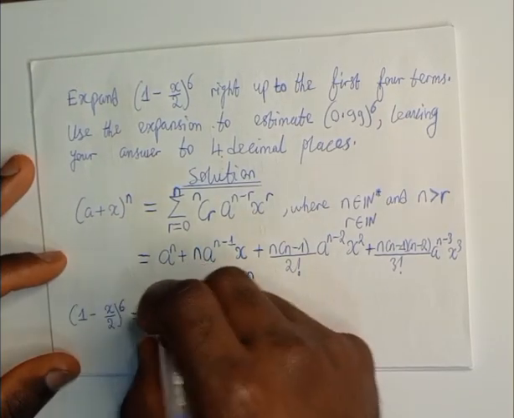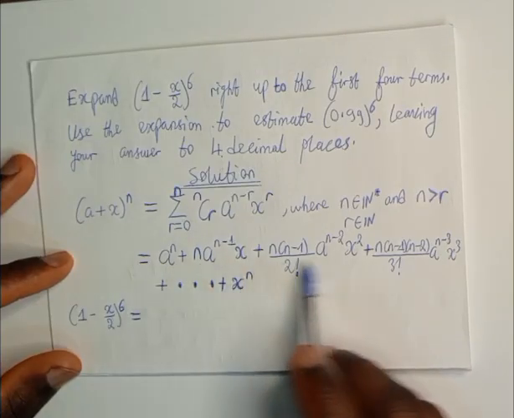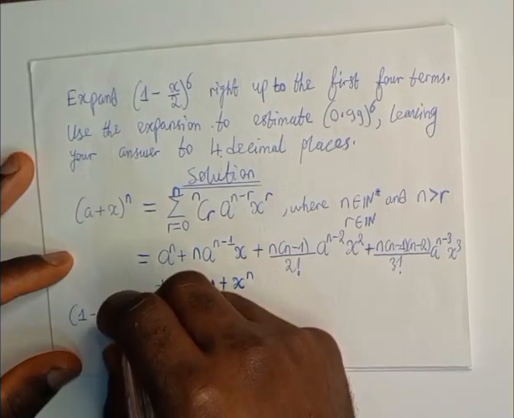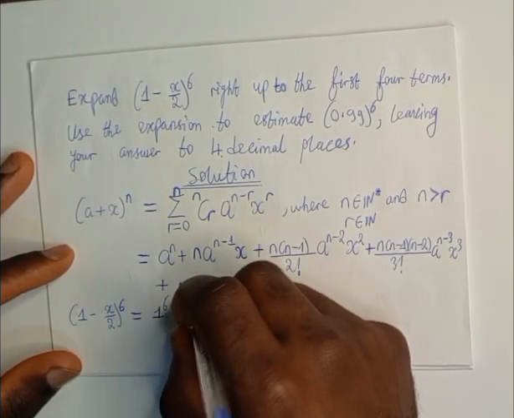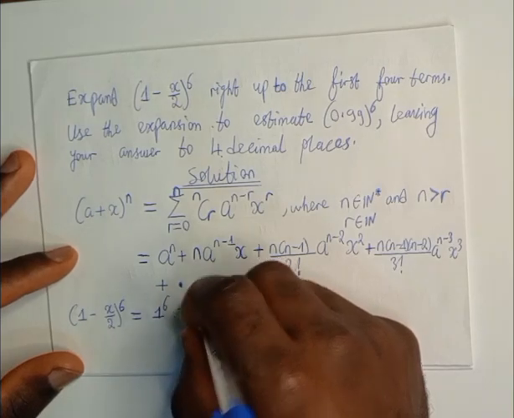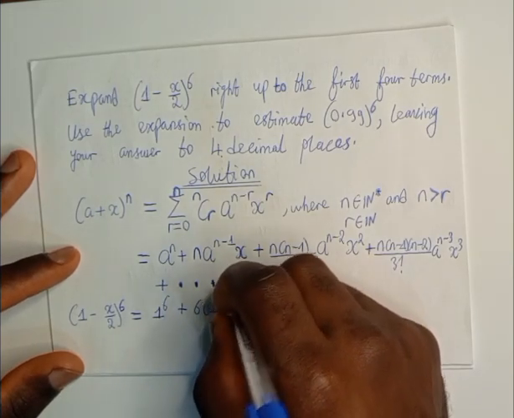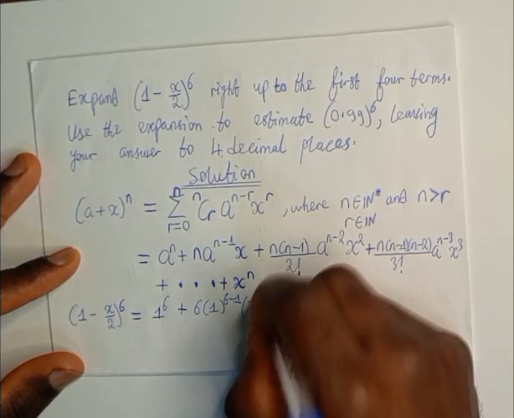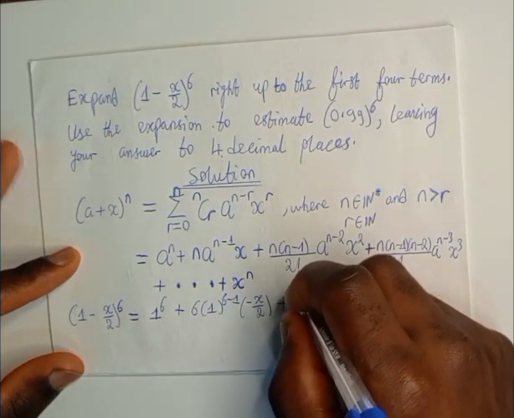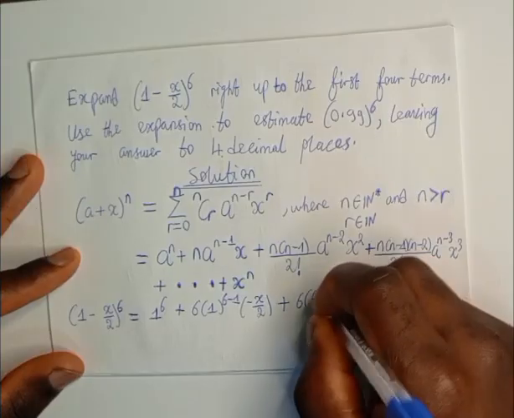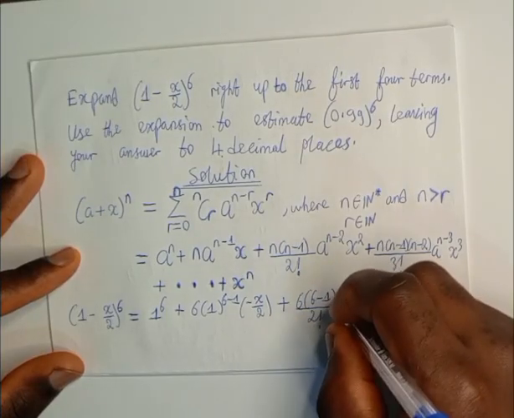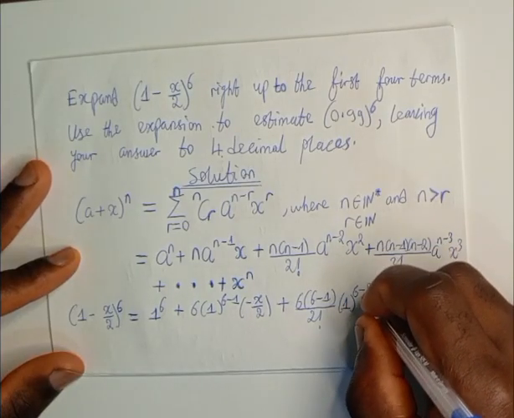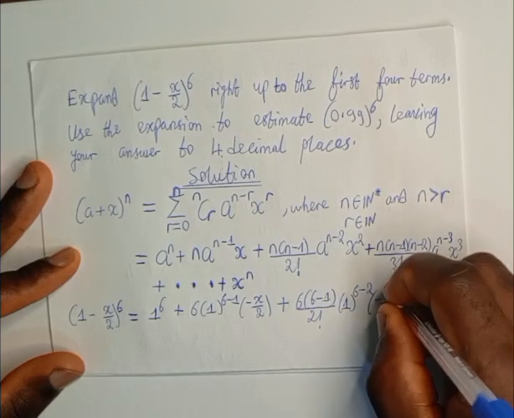This will simply be equal to, by applying this formula, the first term will simply be 1 raised to the power n, which is 6, plus n, which is 6 times 1 raised to the power 6 minus 1 times negative x on 2 raised to the power 1 plus 6 times 6 minus 1 on 2 factorial times 1 raised to the power 6 minus 2 times negative x on 2, all this squared,